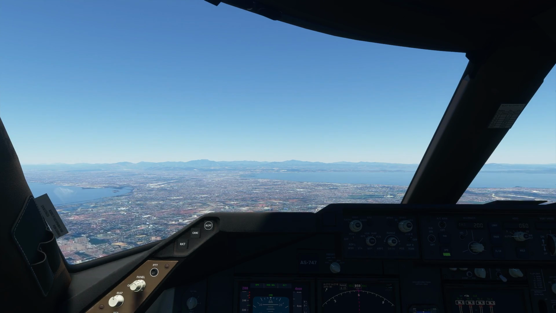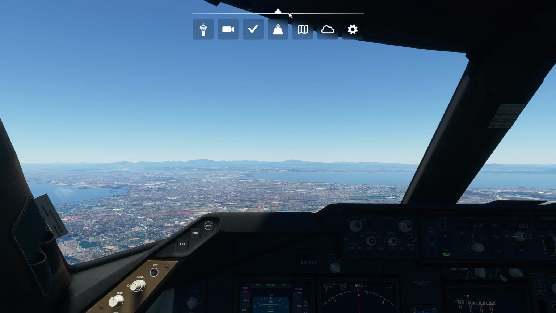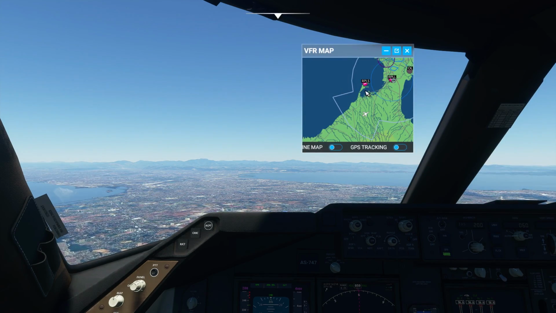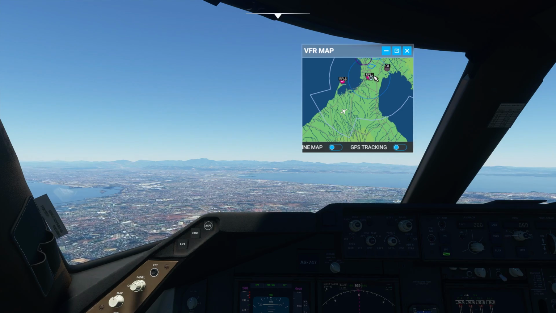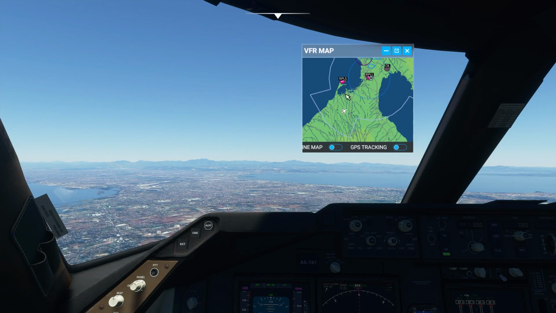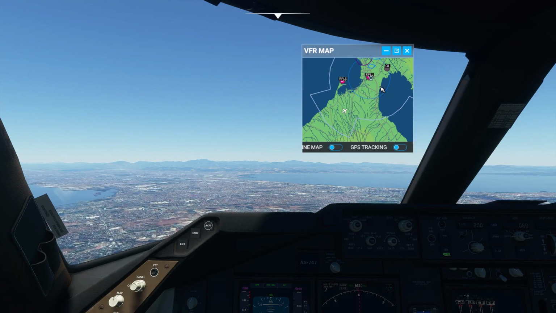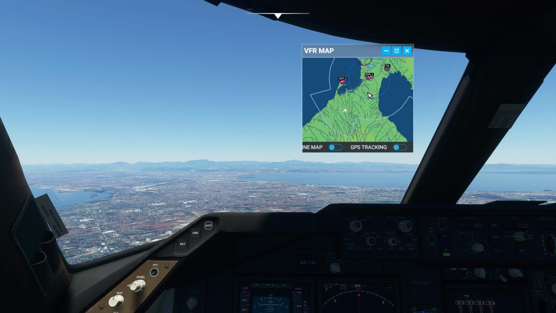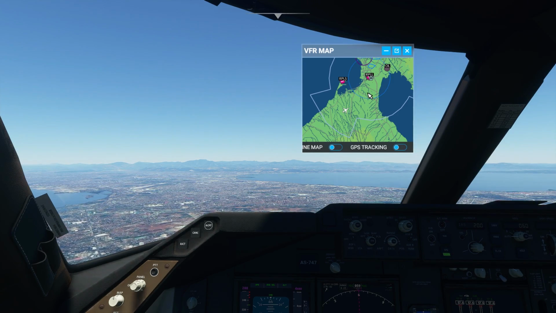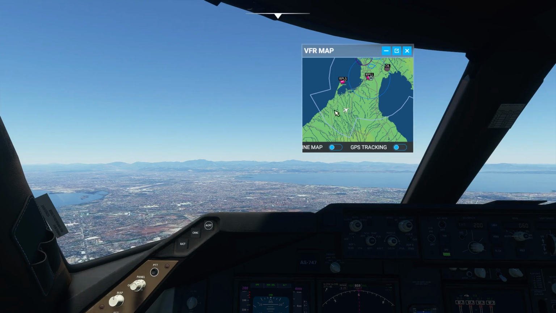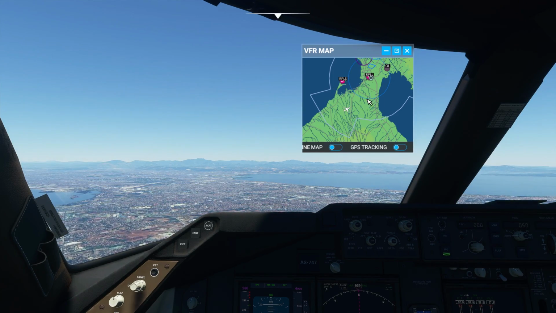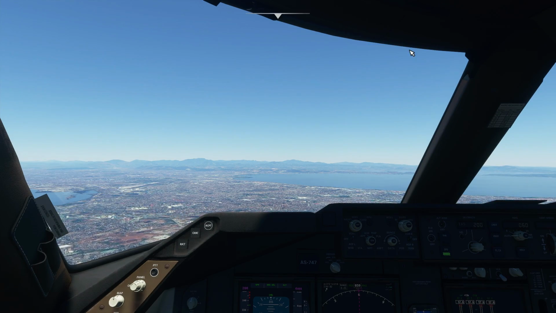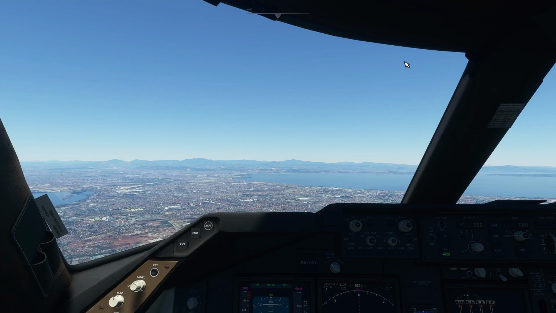Anyway, let's proceed to the ILS tutorial here. So I'm gonna want to open my VFR map just to show you guys where I am. So we departed from runway 24 as usual in Manila, Philippines, and we're currently flying the downwind leg of runway 24. Now I'm gonna set up the ILS. We're still gonna be doing circuit patterns for my approach here, just the way I like it. And yeah, so I'm in downwind, and I'm gonna show you how to set up the ILS frequencies here on